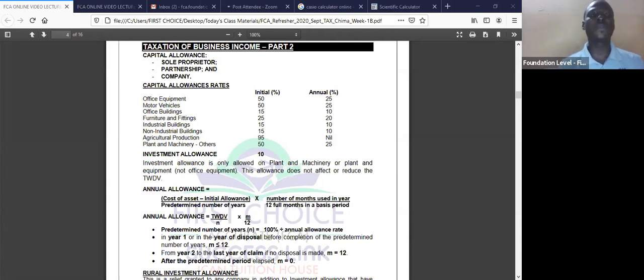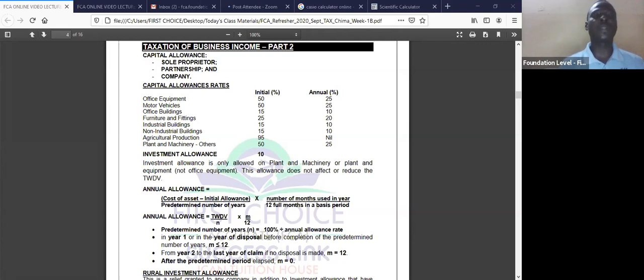While we found a way to deal with abnormal basis period in the assessable profit when we talked about the commencement rule, the change of accounting rule, and the cessation rule,